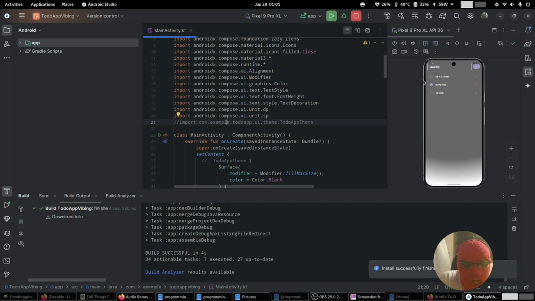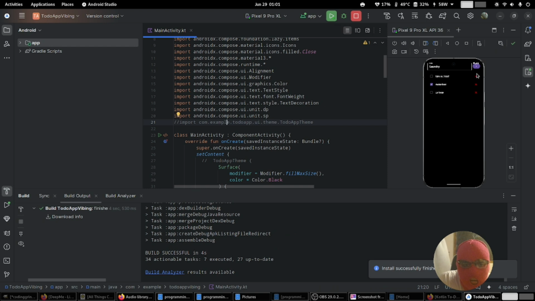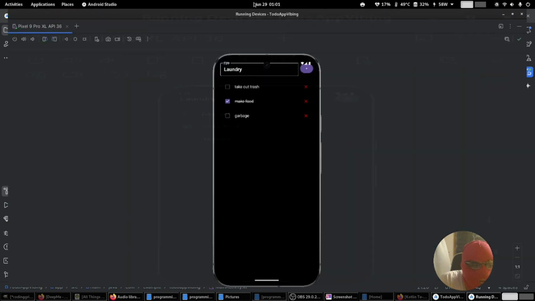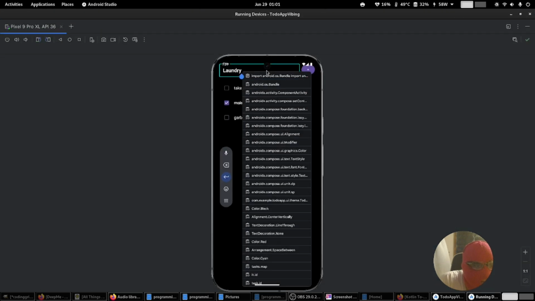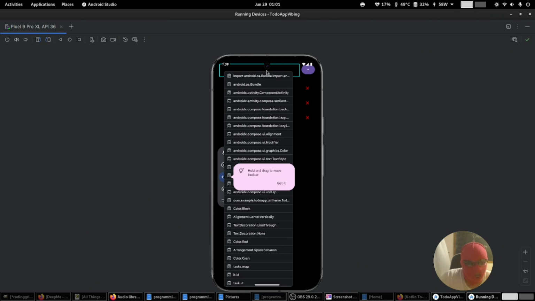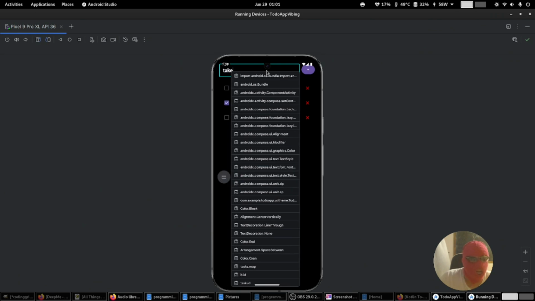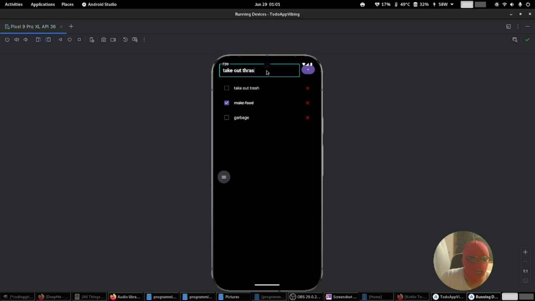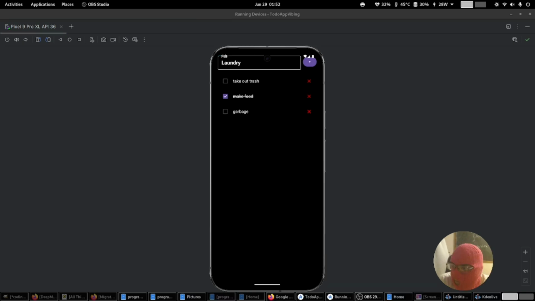Okay. And here we go. Let's make it bigger. And here I think I can add this. Let's take a trash to add. There we go. And so the app is working in the sense that it's compiling and there's something showing up, but let's add